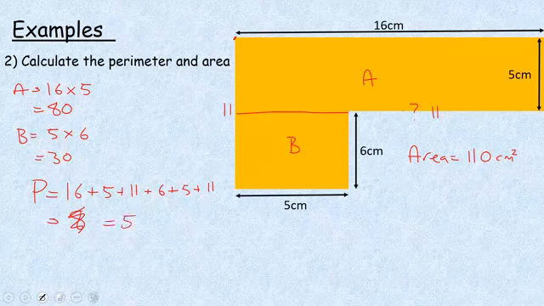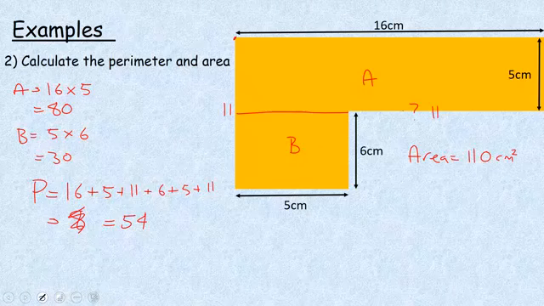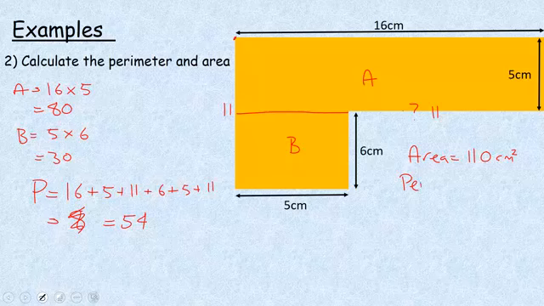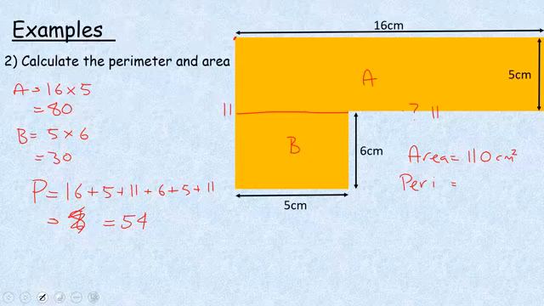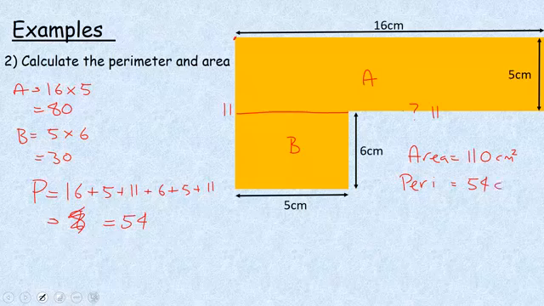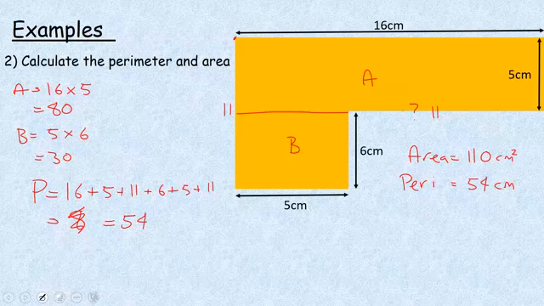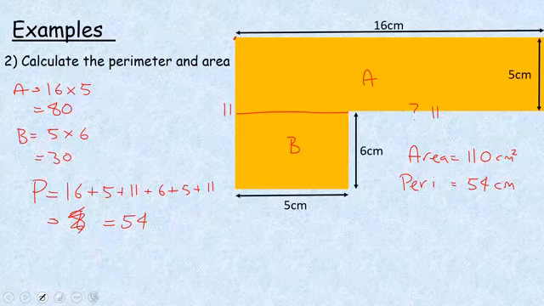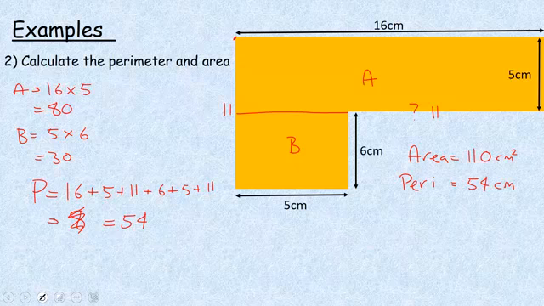Sorry, 54, right? So perimeter is just a length, so that is 54 centimeters. So if we have a look at our last example now,